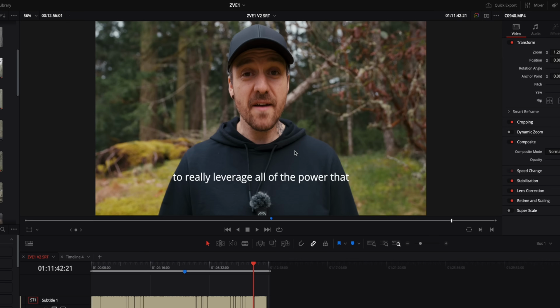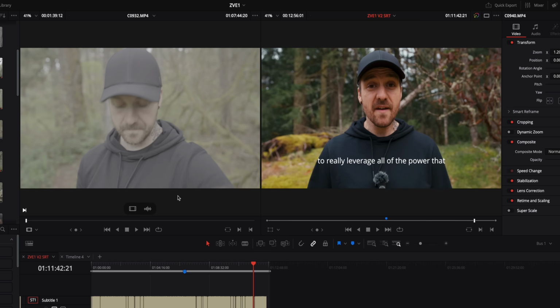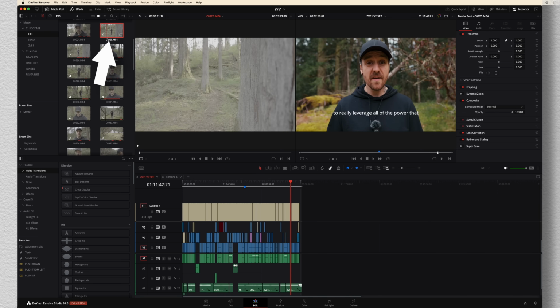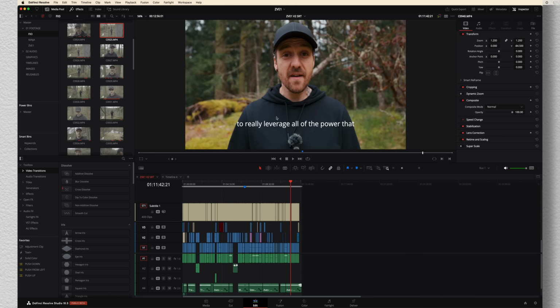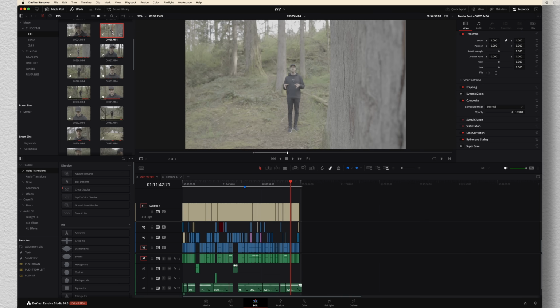In the middle, we've got our timeline viewer right now, but we also have the ability to make it a split viewer. So we've got a source viewer and our timeline viewer. So right now, if I double click anything in the media pool, it will load it into the source viewer, and then I'm able to set my in and out points again and drag it onto the timeline if I want. But if I go back into single viewer mode, we get a little bit more room, and we can still double click on this. It'll switch over to a source viewer, and then I can set my in and out points,